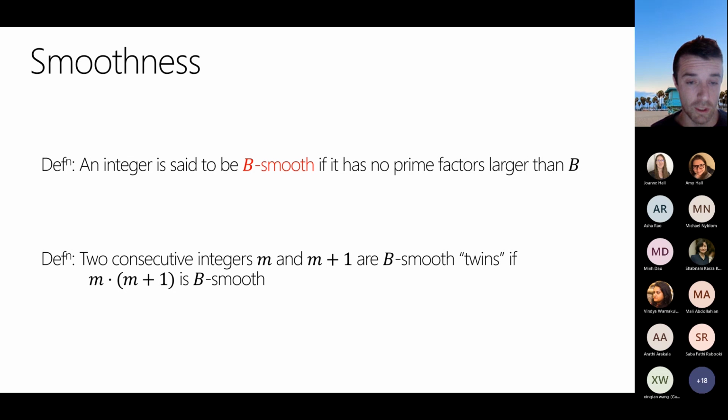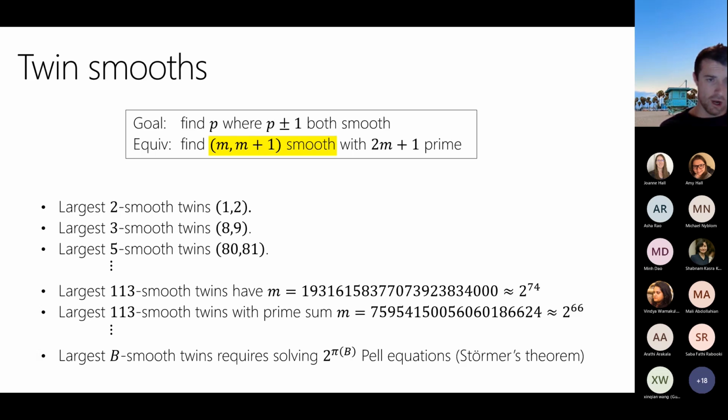We're looking to start with a smoothness bound B, and to find integers as large as we can possibly find that are consecutive, so that they differ by 1, and that are both B smooth. Okay, so our goal is this equivalent goal in yellow here, and we're going to forget about the 2m plus 1 primality condition. So early on, when I first stumbled into this problem by looking at these constructions based on isogenies,